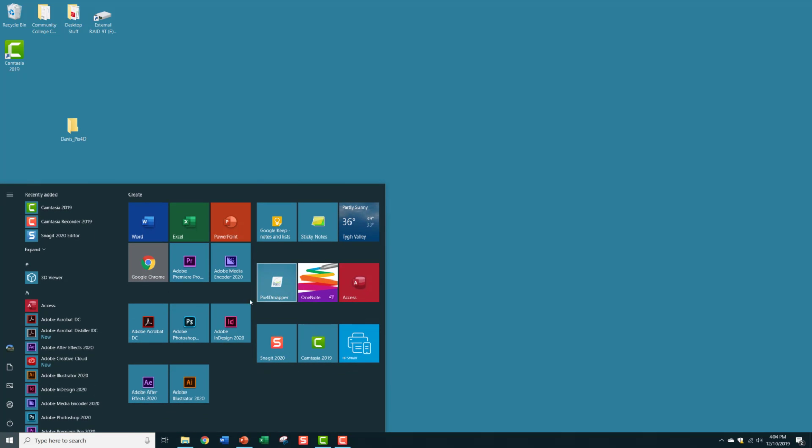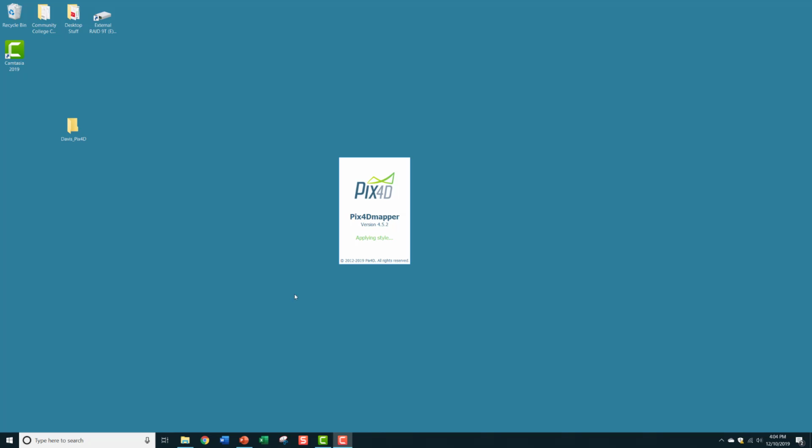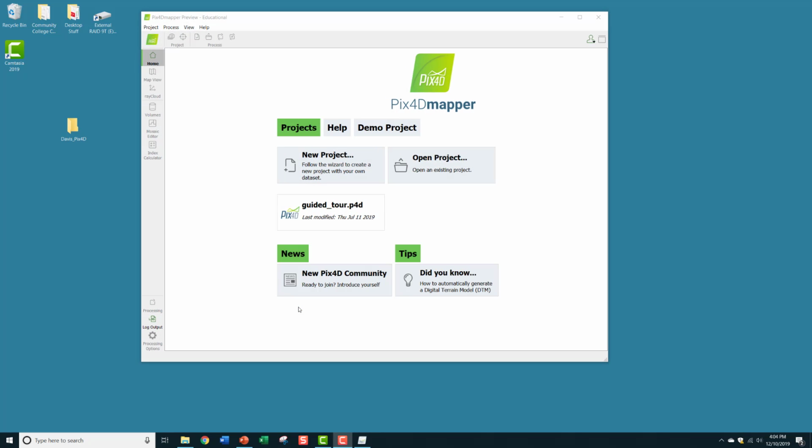Pix4D folder or file. And once this comes open, you'll enter your email or your password that I've given you. And if it says to check your available license, it will do that. And then it should go right into the home screen is what